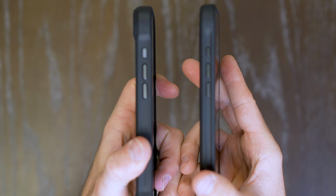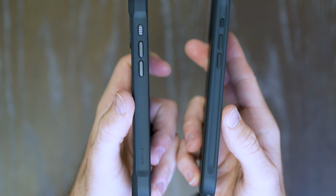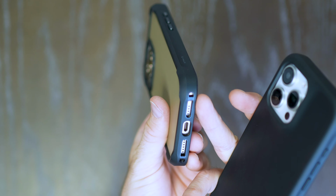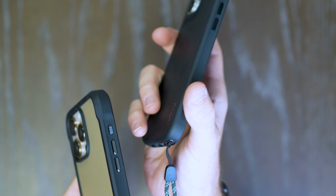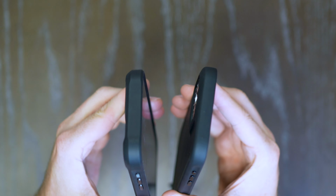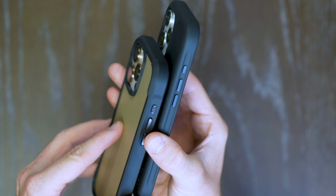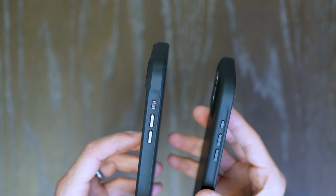They're both fashioned with anodized aluminum buttons. They got these like indent grooves on the sides to give you grip. You have a little area here for a strap, whereas the Venture does come with a strap. You can see that it just looks really clean around the edges. You got a little bit extra protection around these corners from the folks at Nomad, included with their AeroShock technology